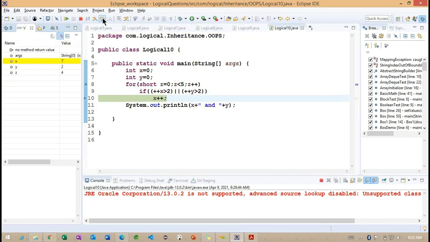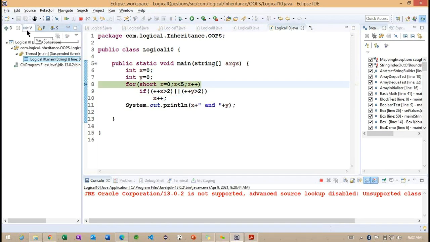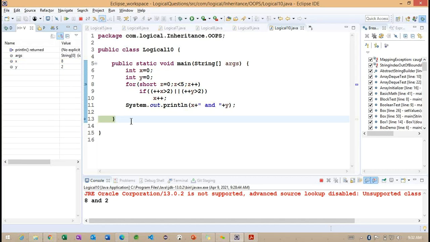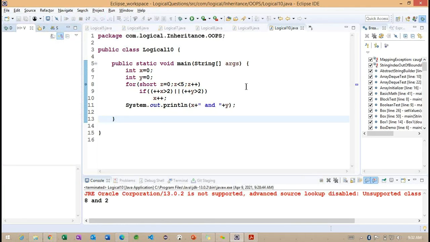Right. So this we need to check carefully, how exactly the values are incrementing. Now the z will become 4. The condition is going to fail. x and y, so these are the values we are going to get here. So this is a very important section we are discussing here. Getting the point? Whenever you get these kinds of logical questions, we need to think a little bit carefully about how exactly these logical examples are going to work here.